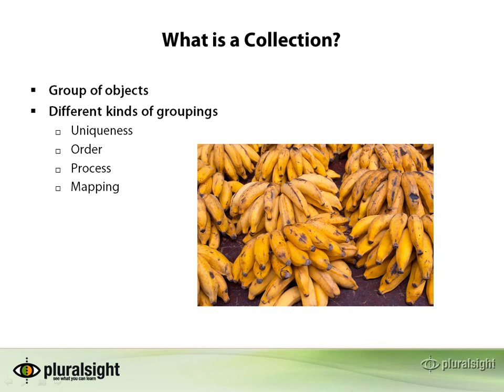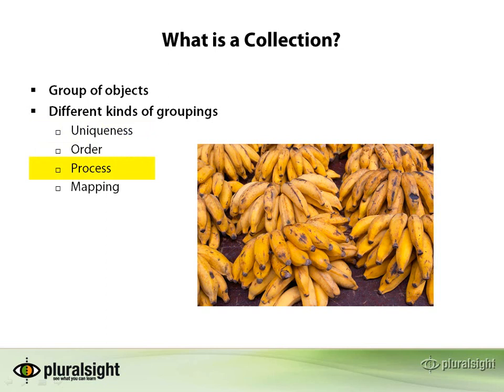A lot of what maybe, if you've done a computer science course, a lot of the data structures are basically captured in collections. Collections are just a way of making it so that you don't have to try to implement all those things yourself. So collections really make your job a lot easier, and all collections are some kind of a group. And basically collections are broken up into a few different kinds of groupings, and those groupings are usually grouped around attributes like uniqueness, the order of the items in that group, some kind